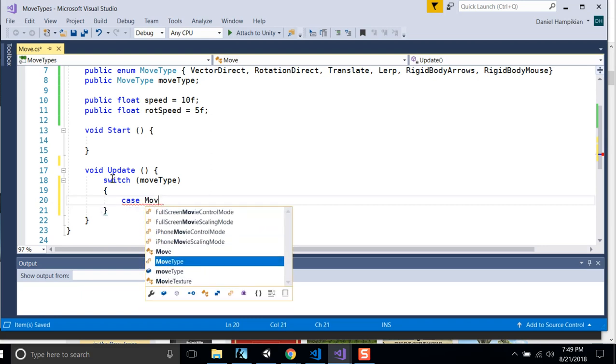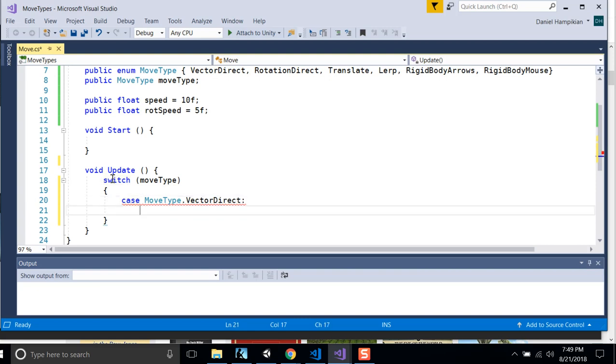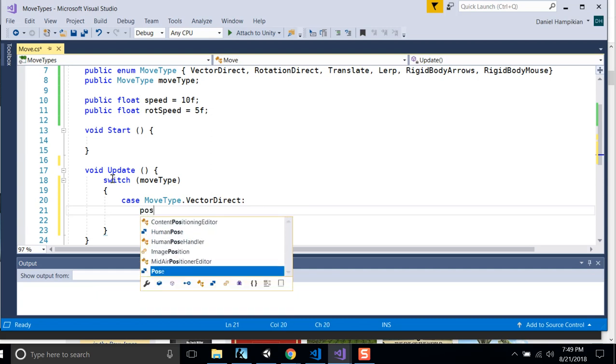And if we're in, so case, if we're in move type dot vector direct. So if we're in vector direct, we want to do some stuff and then break. Alright, so in vector direct, we're going to just grab our